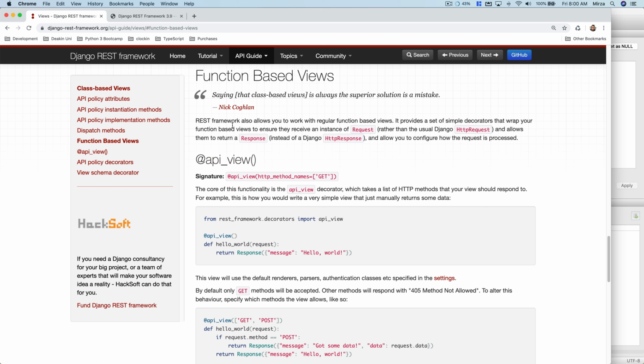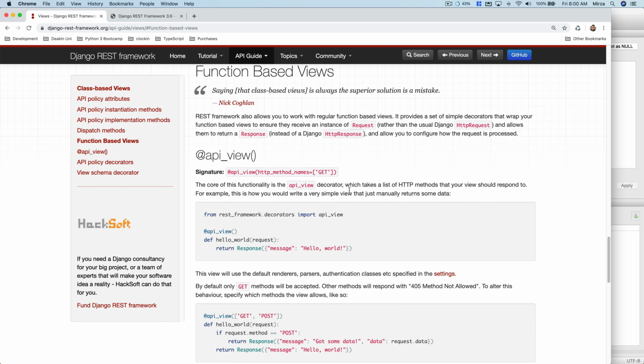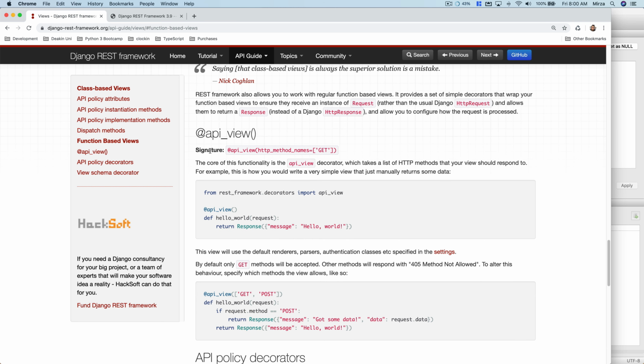As it states here, REST framework allows you to work with regular function-based views. It provides a set of simple decorators that wrap your function-based views to ensure they receive an instance of a request object, rather than a usual Django HttpRequest, and it allows them to return a response object from Django REST framework. So this is the decorator, call it signature,